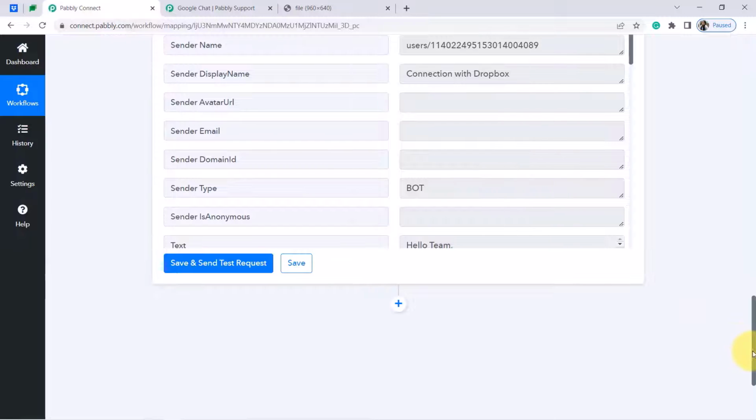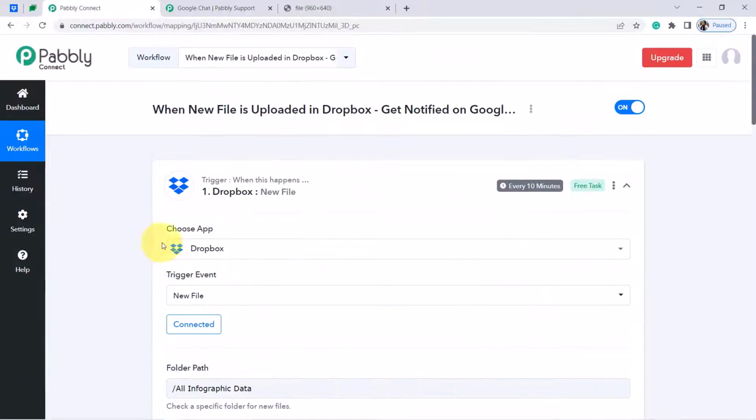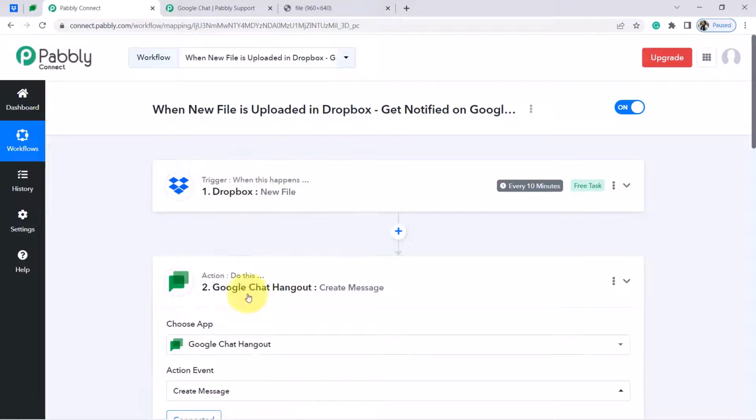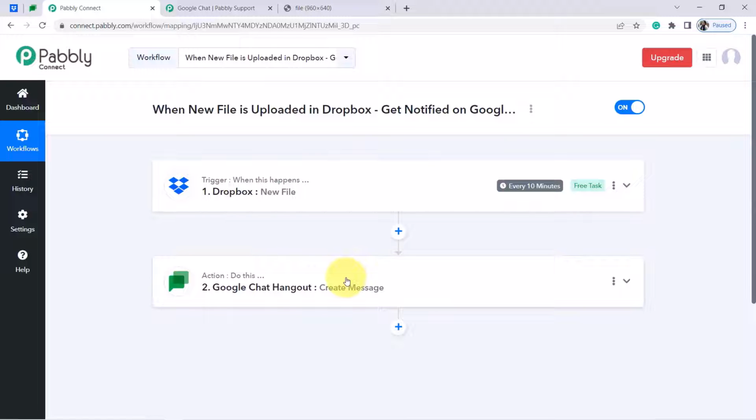And in order to create this automation, you just need to create this workflow inside Pabbly Connect just once. After that, you can sit back and relax, because Pabbly Connect will take care of all the tasks in the backend. You do not have to do anything manually. Okay, just create this automation inside Pabbly Connect, and in every 10 minutes automatically a notification will